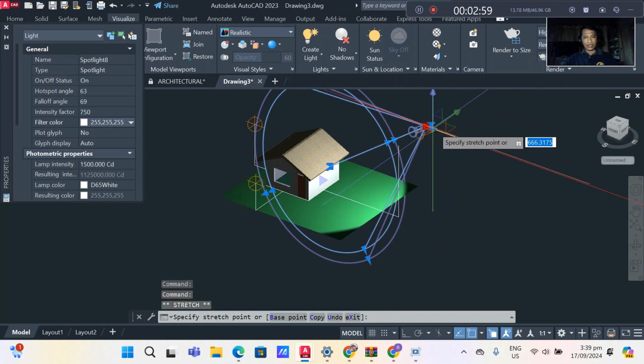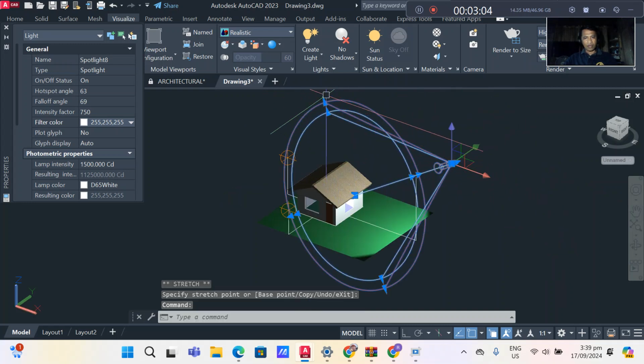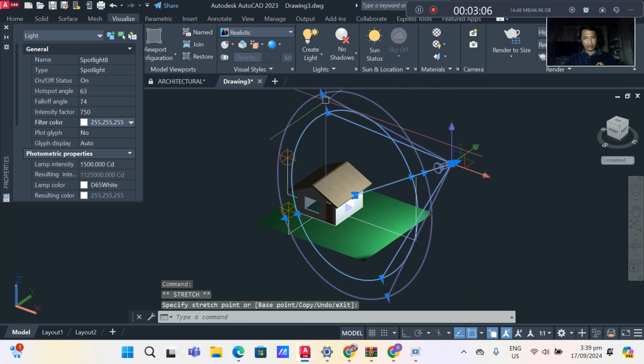And again, you can also increase the coverage by pulling the arrow here.